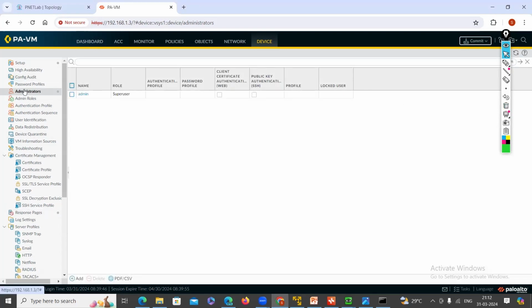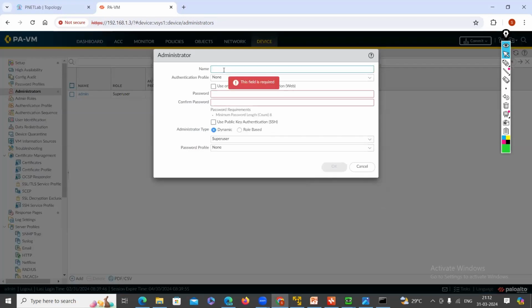Go to administrators, and go to the add menu below, and there you can create a new admin user account. So just go to add and give a name. I'm going to give the name admin1. Admin1 is the username, and for him I'm going to make him a super user. After this, I don't want to use my default super user admin account. So I'm going to use the new super user admin account, which I'm going to create right now, right? So the username is admin1, and give a password,